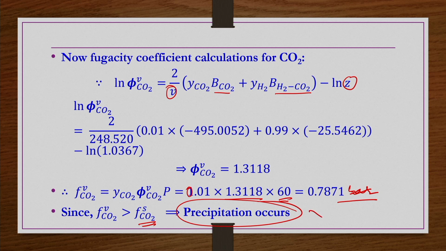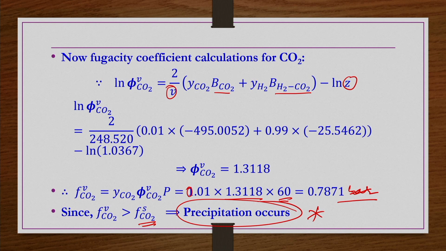Okay. So, now we found precipitation has occurred, but how much has occurred? If you wanted to know the mole fraction of this particular component in either of the phases at equilibrium, we have to find out. We have seen that FCO2 V and FCO2 S are not equal. So, then we realize that the precipitation has occurred, some compression has taken place. Okay. But it is not necessary that if you maintain the constant temperature and then increase the pressure, all systems will go through some kind of compression. It depends on the system. For this system, the compression of CO2 has taken place.